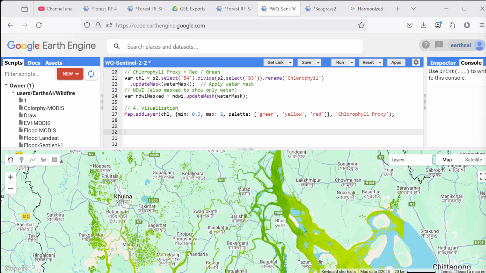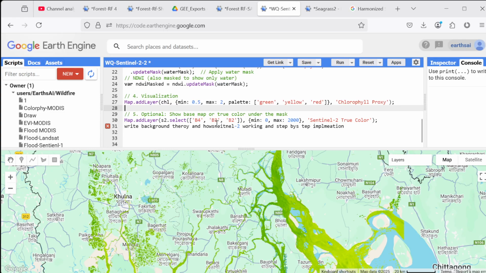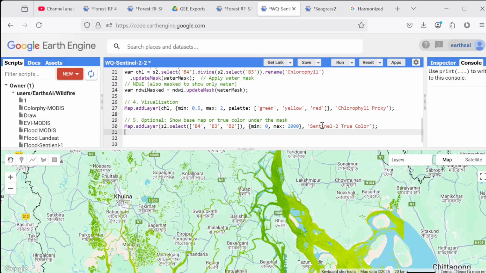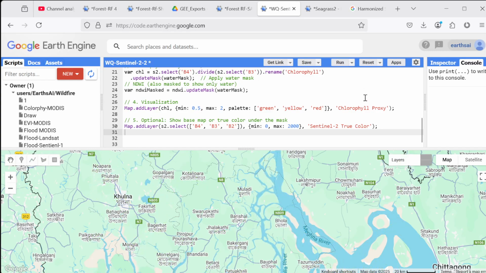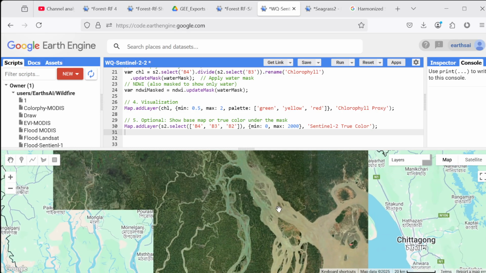For better understanding of this, we can add an optical true color layer of Sentinel-2. I add a layer with bands B4, B3, B2, minimum 0 to maximum 2000, for better visualization and better understanding of this change. If you run again, you can see we have a true color,